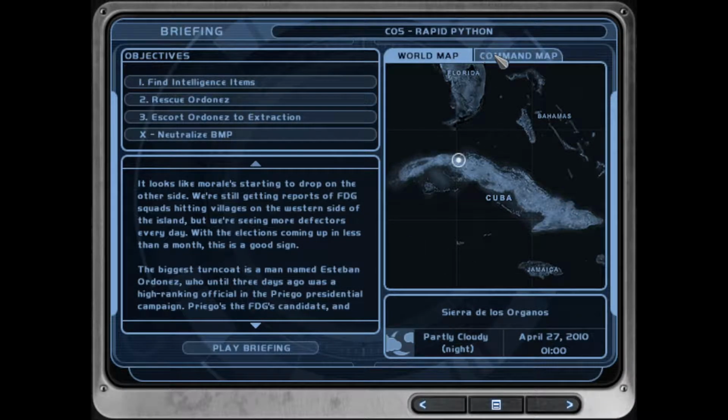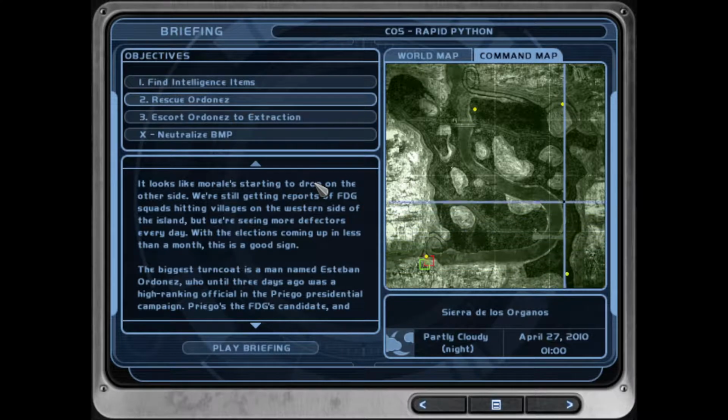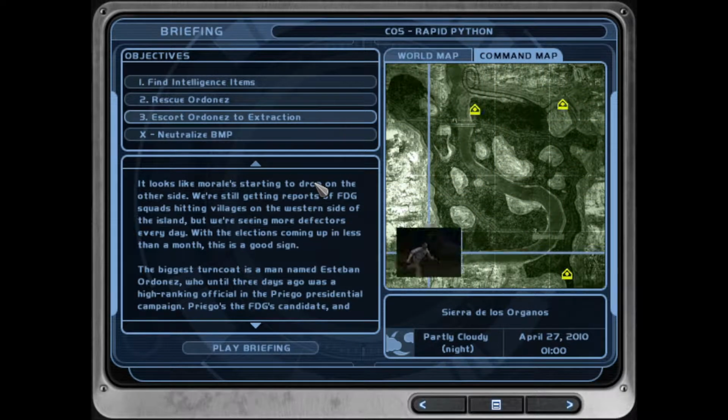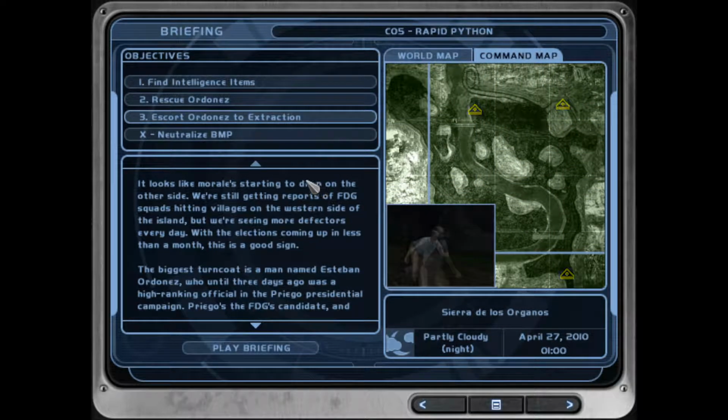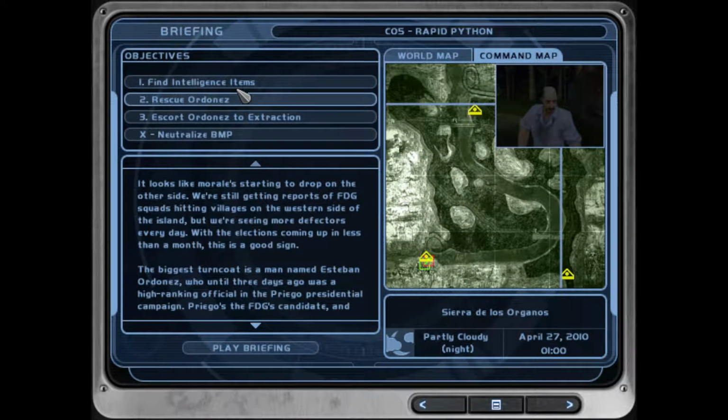Today we are on the 5th mission, Rapid Python. And this one, I think, ramps up the difficulty a little bit. It's not like the first two missions where it's just absurd how the enemies work. But it's a bit harder than like 3 and...